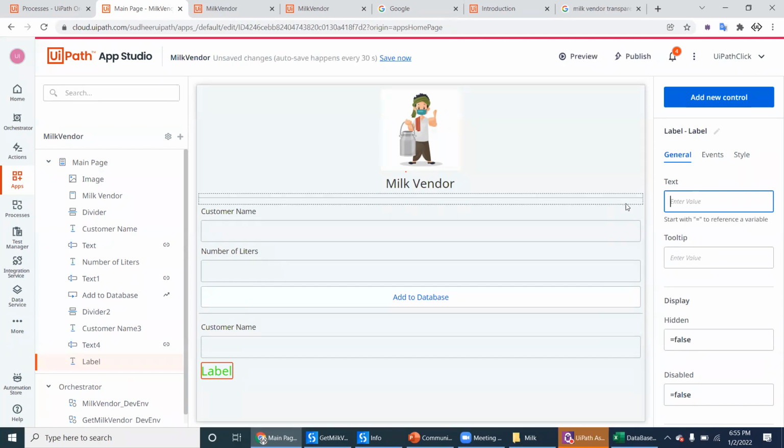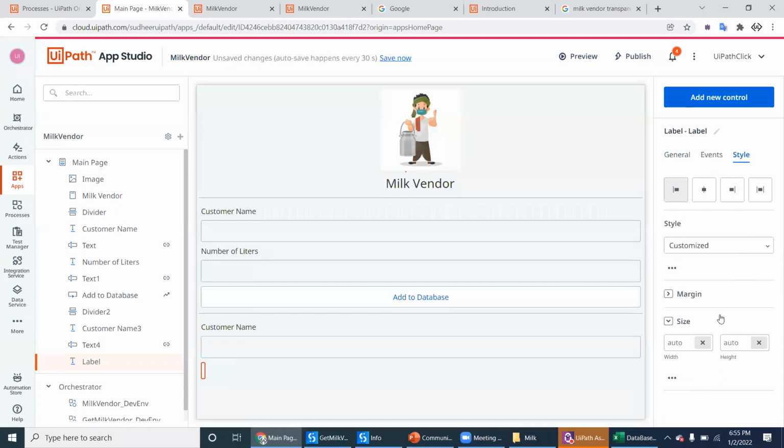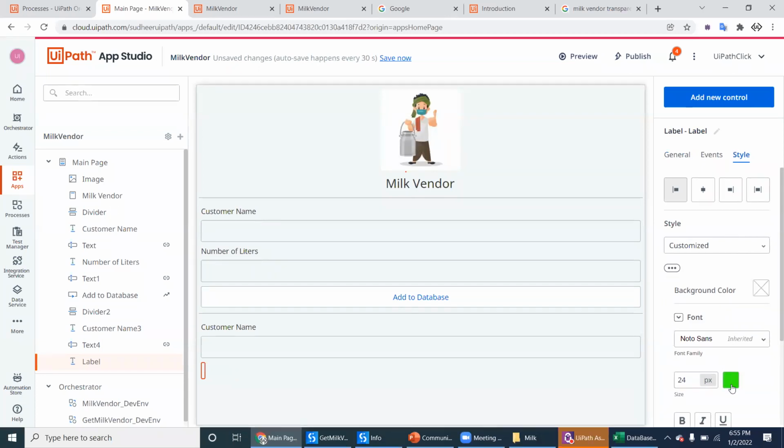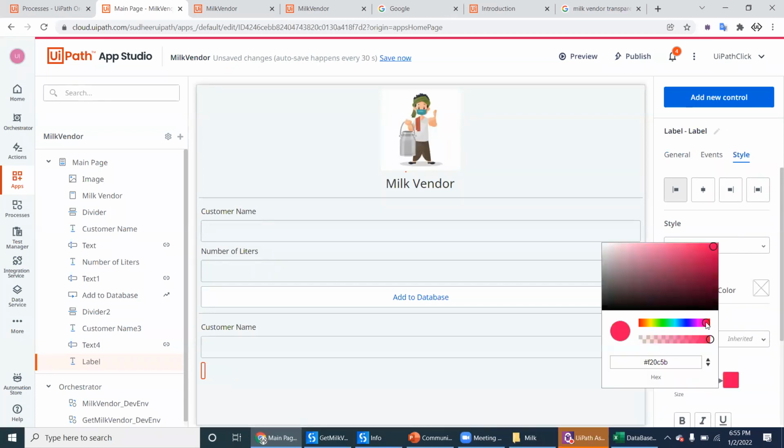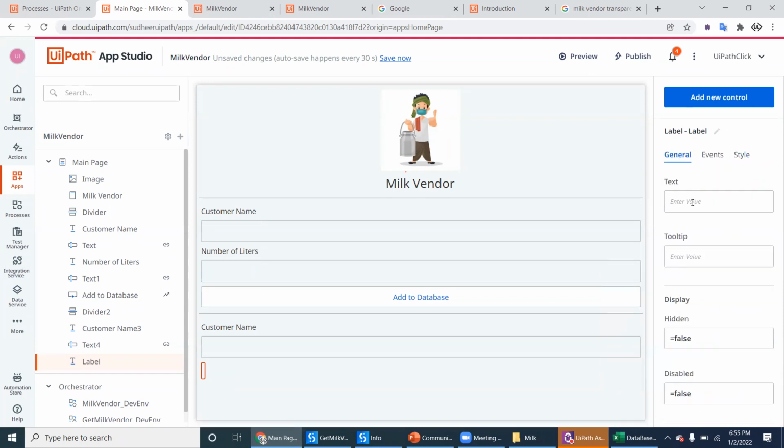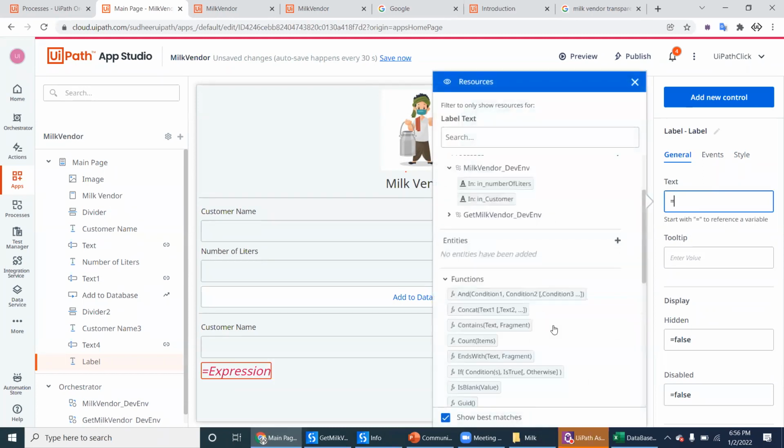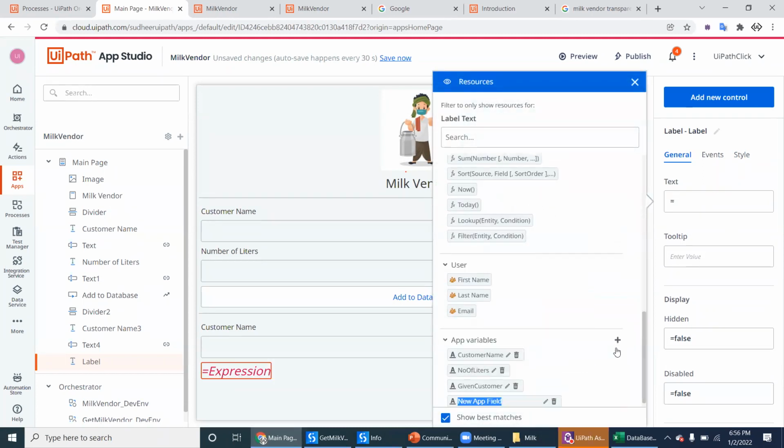So let's give it that. Okay, so here the value. The value is like this. So create a value like this. So total number of